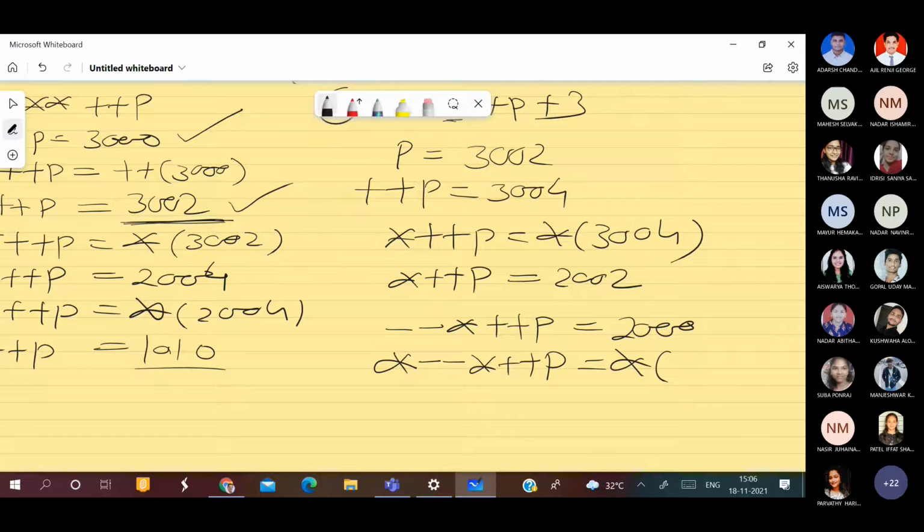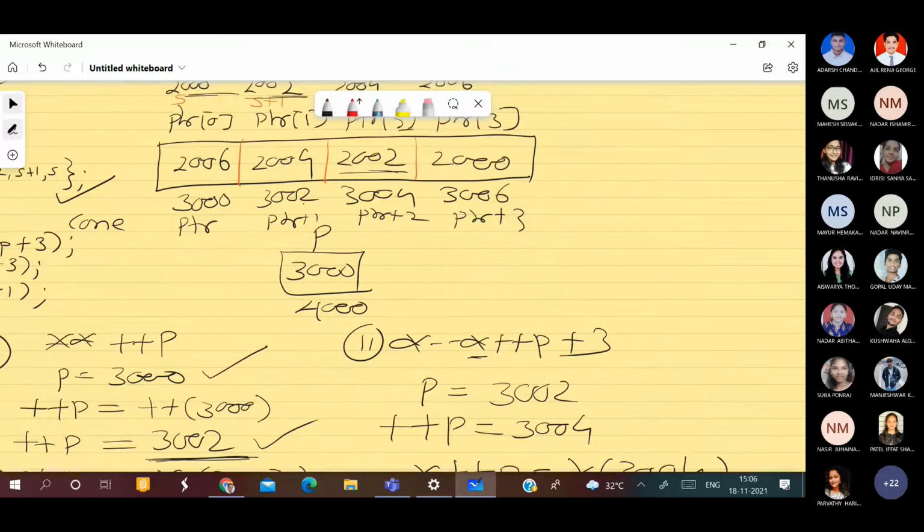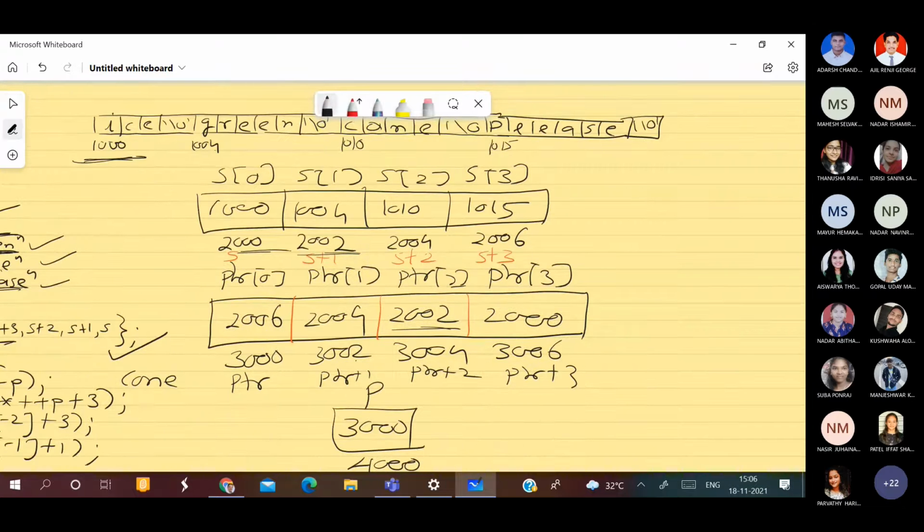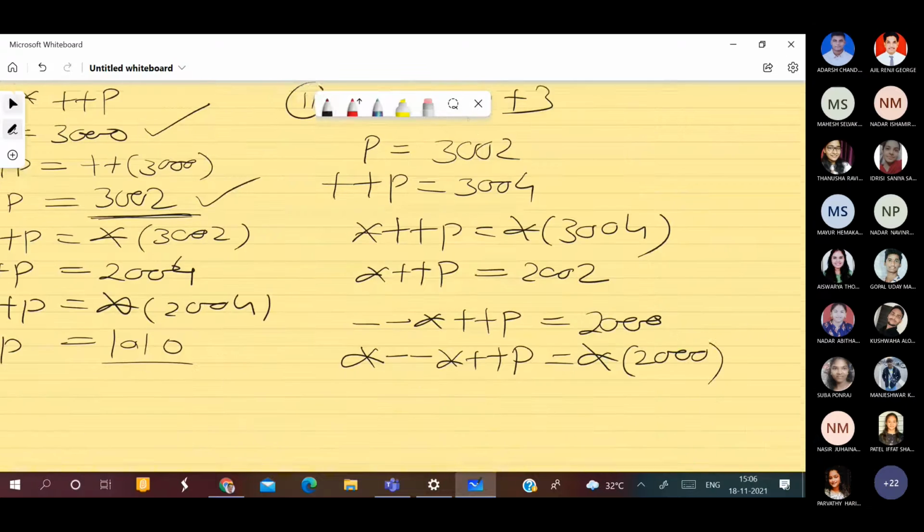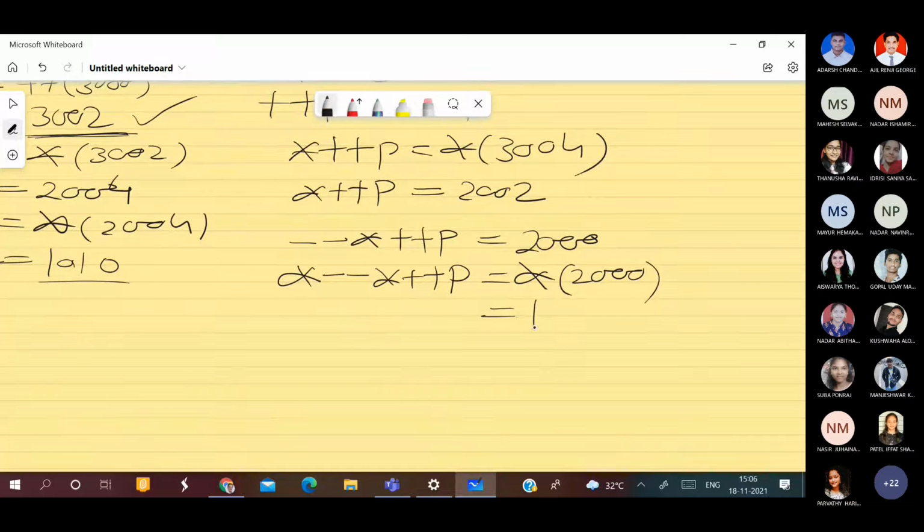What is star at 2000? Tell me. 1000, right? Star at 2000 is 1000. So right now I am at 1000. So star minus minus star plus plus P is 1000.